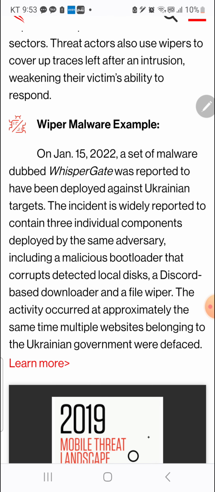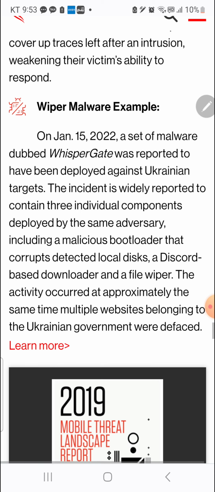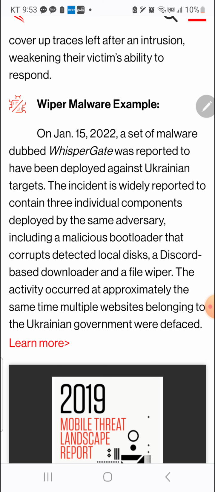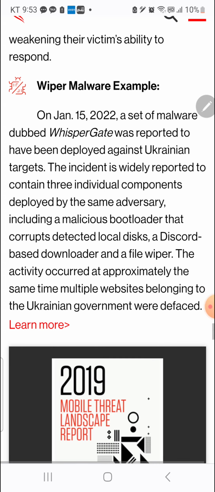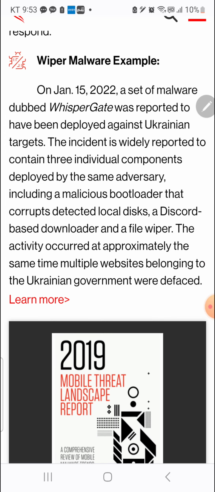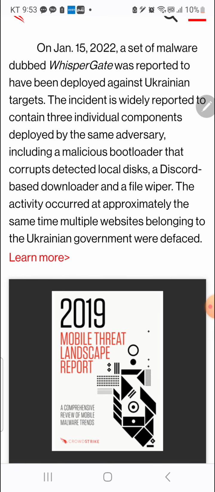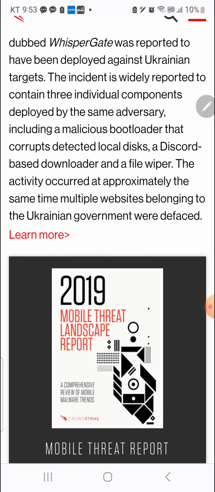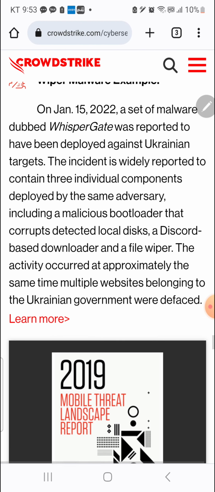The incident is widely reported to contain 3 individual components deployed by the same adversary, including a malicious bootloader that corrupts detected local disks, a Discord-based downloader, and a file wiper. The activity occurred at approximately the same time multiple websites belonging to the Ukrainian government were defaced.